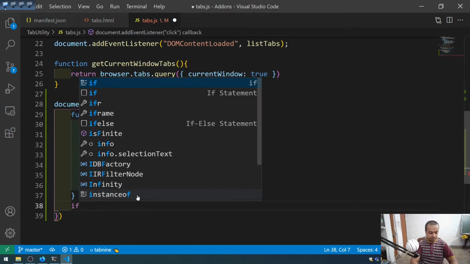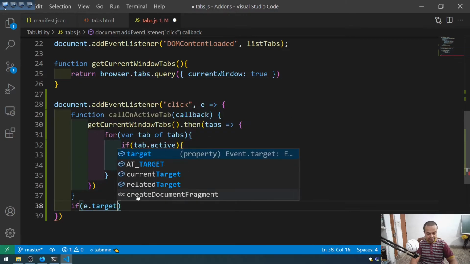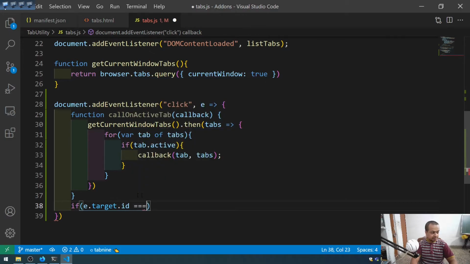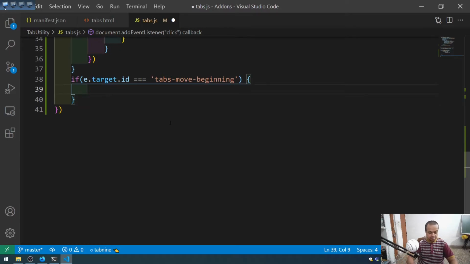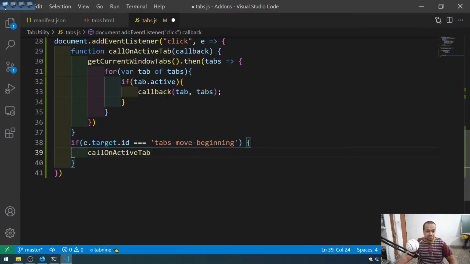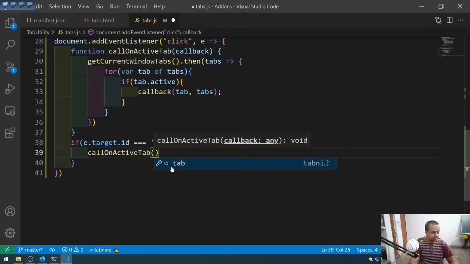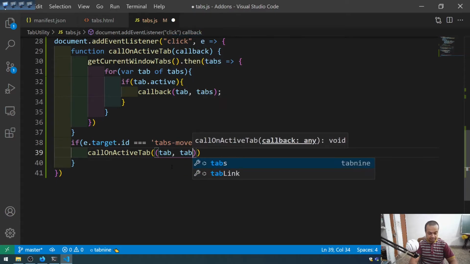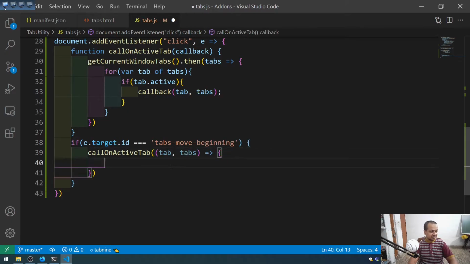Here, if e.target.id triple equal to tabs move beginning, then call on active tab. See, call on active tab is being called from here, so then it is going to the callback, tab comma tabs. If you don't know callback, check out my old videos on callback in JavaScript. It contains everything. Where index equal to 0,